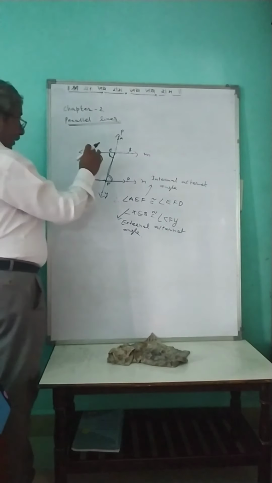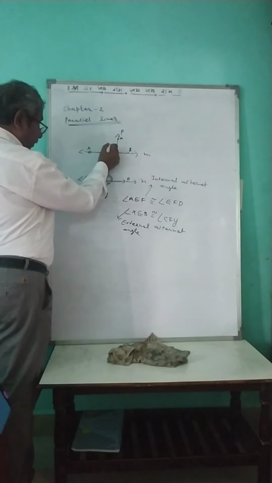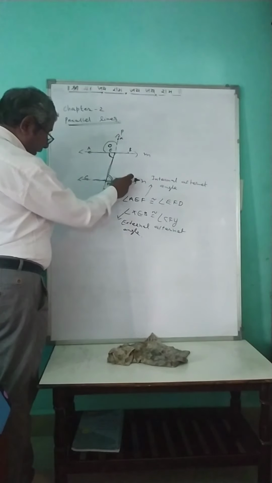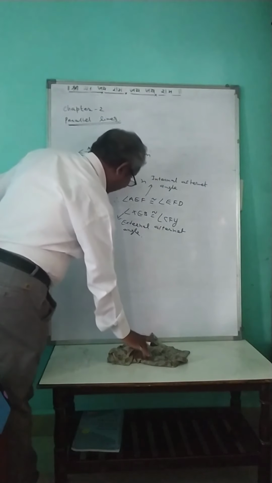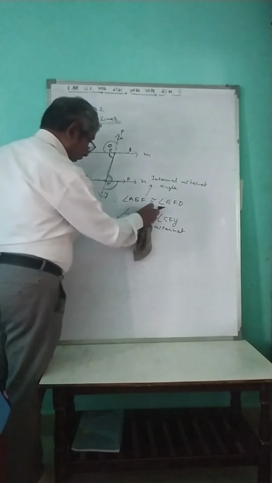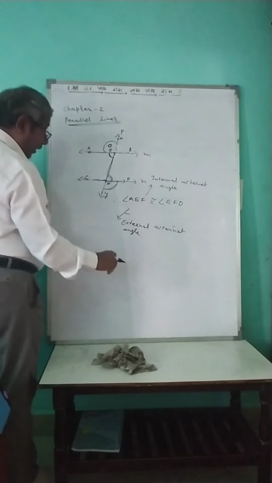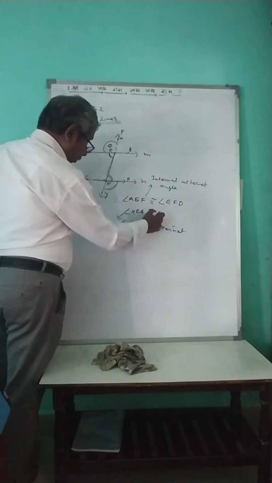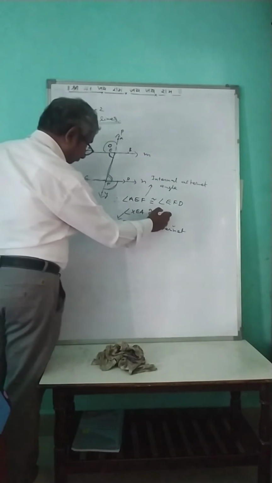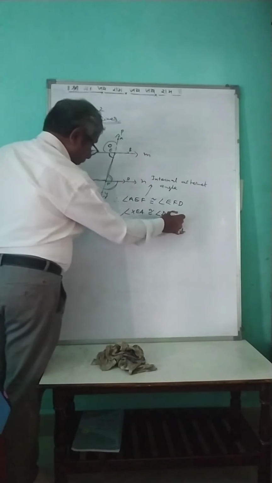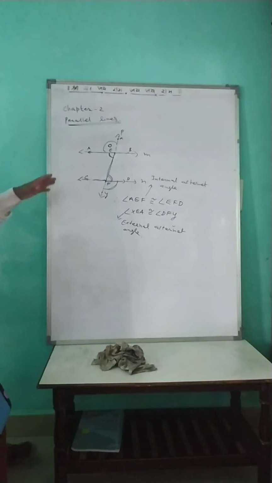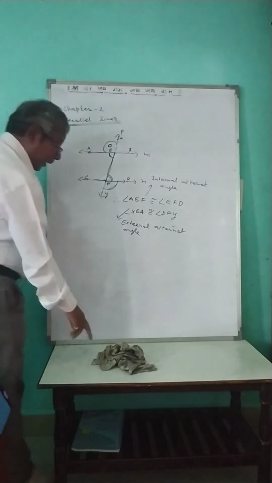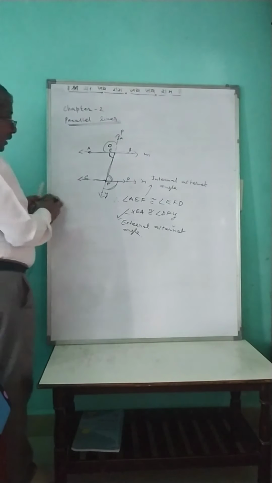Okay, and this angle XEA and this angle DFY are the external angles. This is another pair of external angles. Angle XEA is congruent to angle DFY. Okay, so I think you are clear on what the internal alternate angle is and what the external alternate angle is. Then another property of parallel lines is,